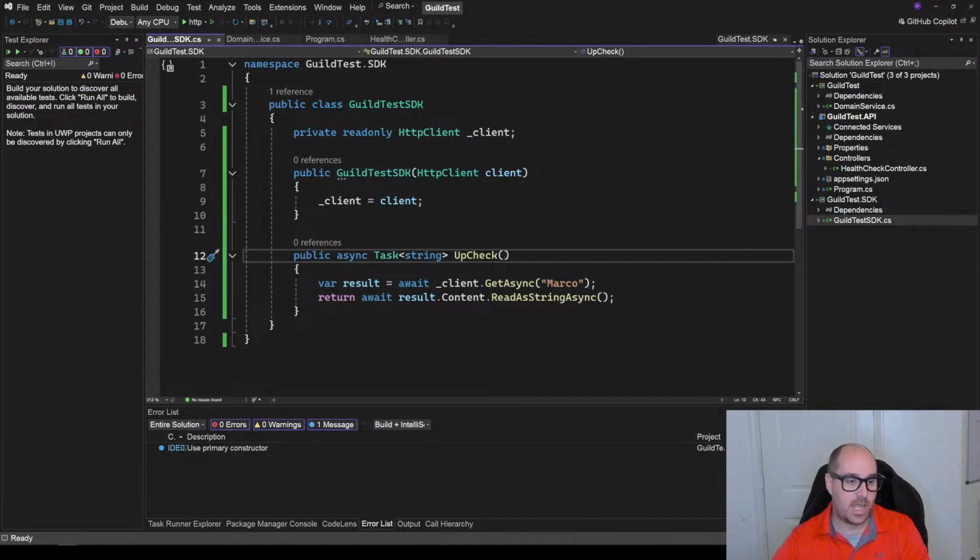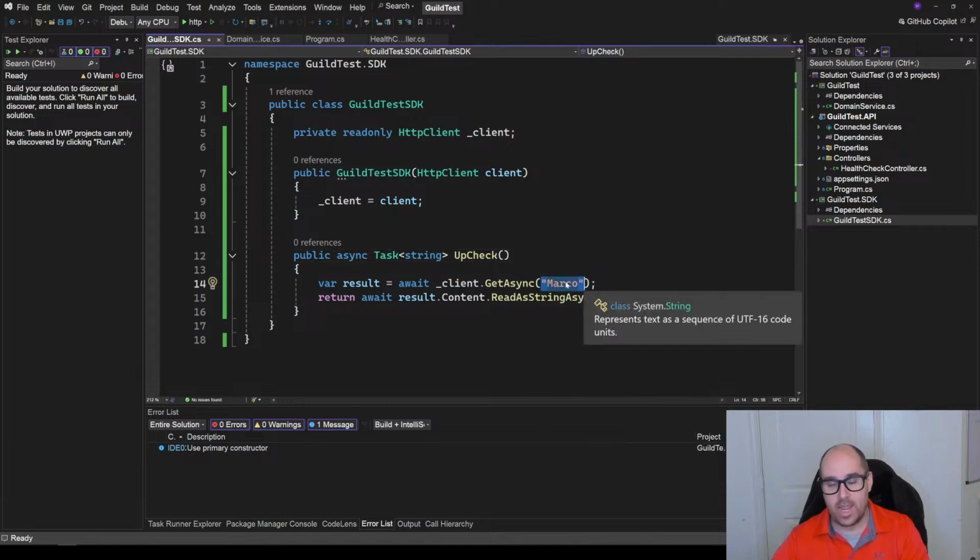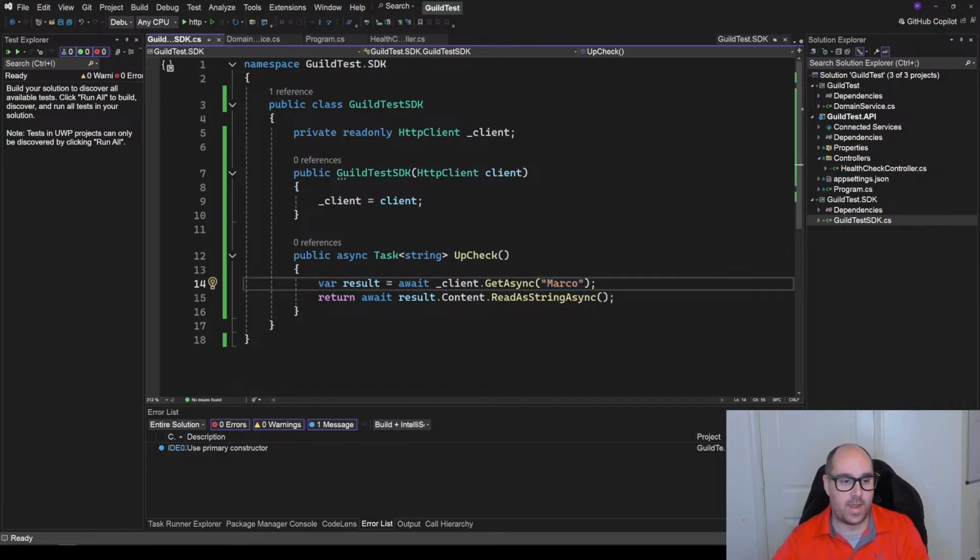They don't have to know your API endpoint routes or how you want to format those parameters onto the routes, or how you want to format the body. They don't need to do all that stuff manually. You just say, give me the HTTP client, and I will do all the stuff that you need to do to hit my API endpoint, while all you have to do is follow my contract